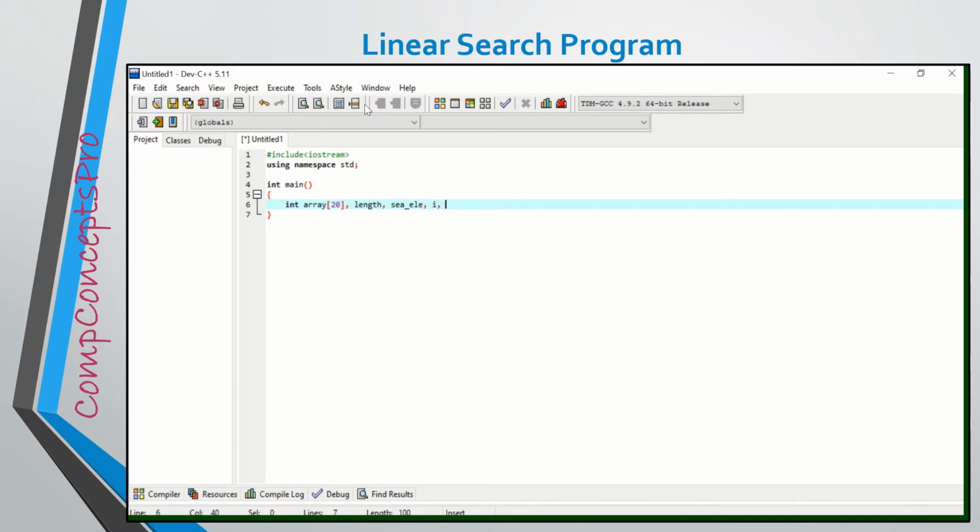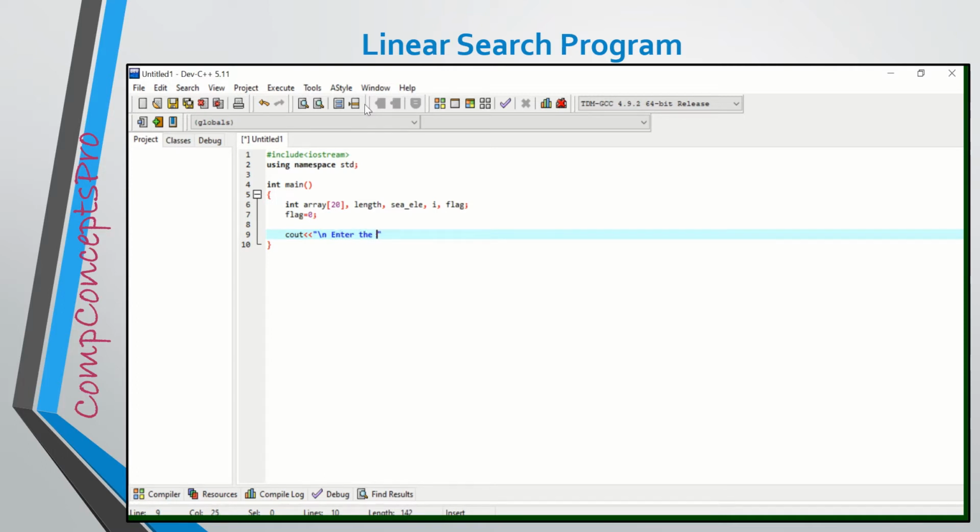Then I will declare the required variables for the array. First of all, the array itself. Let's say we want to do this linear search on an integer array with the maximum length 20. Then there is one more variable named length here, in which I will store the length provided by the user.